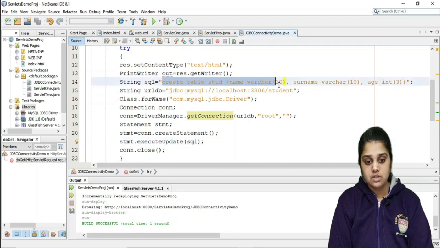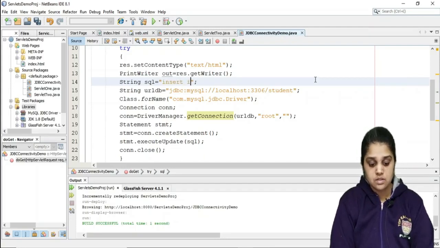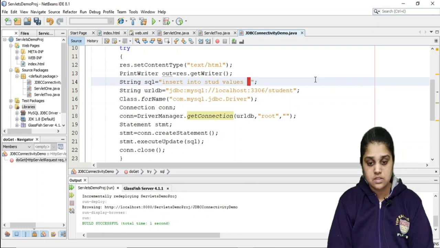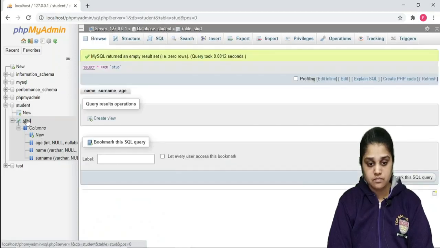Now I am changing the query, and instead of create I am putting an insert query. So insert into the table stud values. Let me view this table first: name, surname and age.